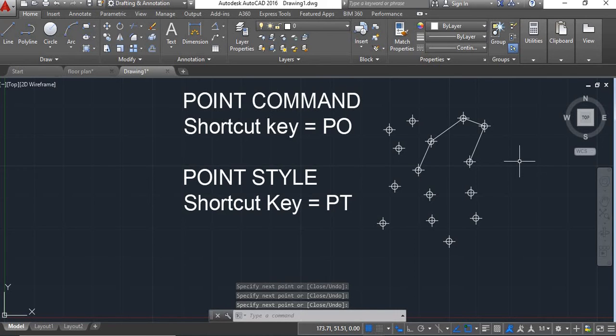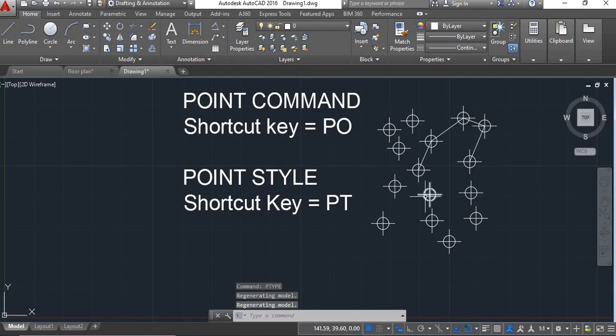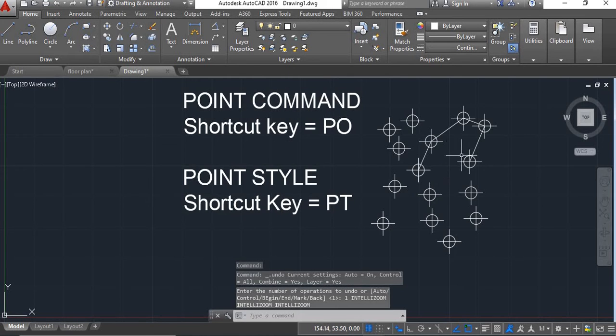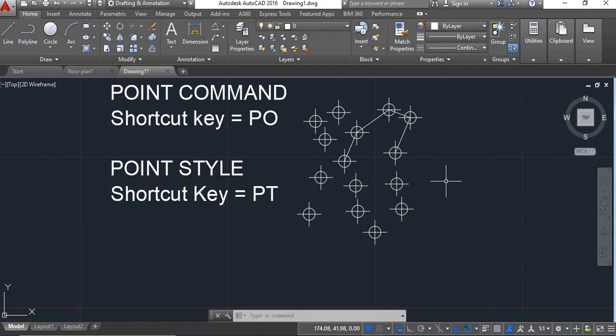Now again we'll go to point style. Now here there is an option set size relative to screen. Now if you take this and here if you increase this by 10, now this will increase or decrease as you zoom out or zoom in your screen.